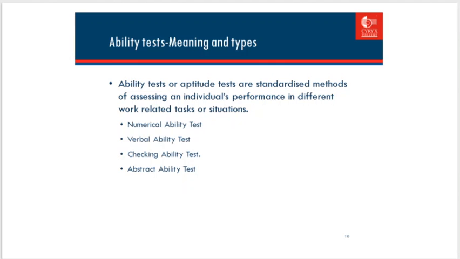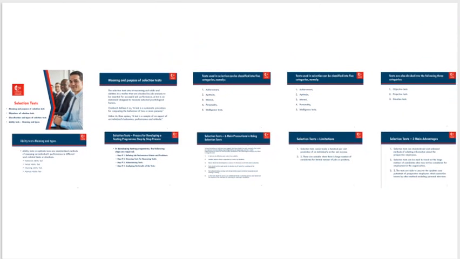Ability test meaning and types. Ability tests or aptitude tests are standardized methods of assessing an individual's performance in different work-related tasks or situations. They measure potential rather than just academic performance, and are frequently used by employers as indicators of how people will perform in a work setting. Ability tests provide valuable insight